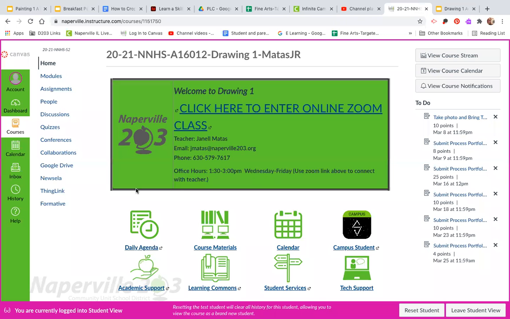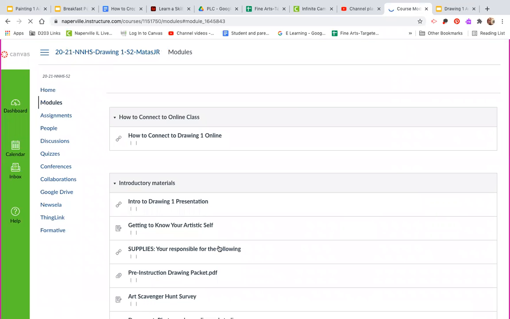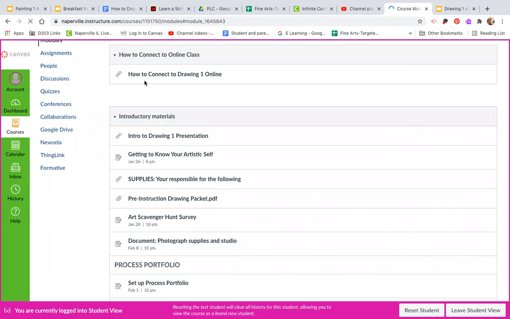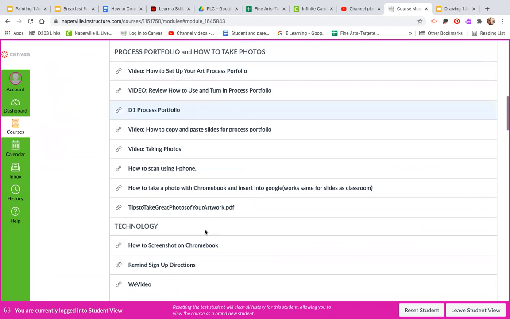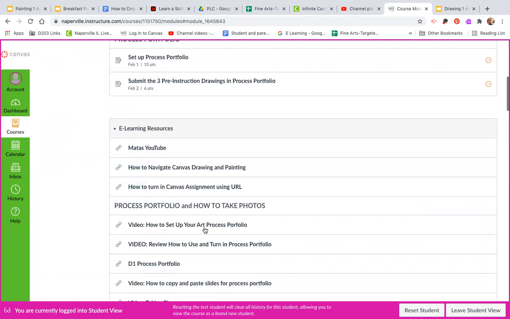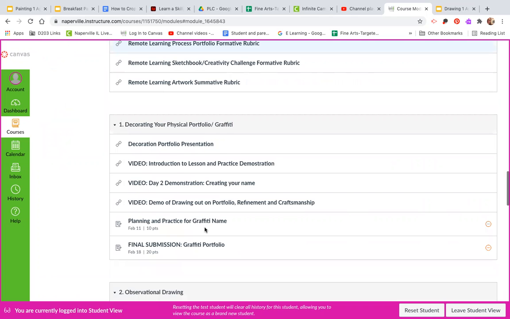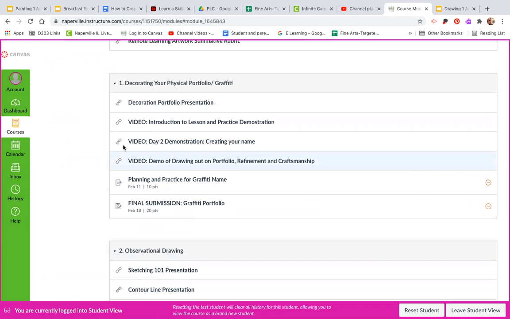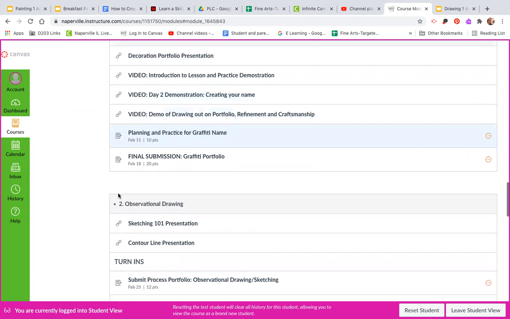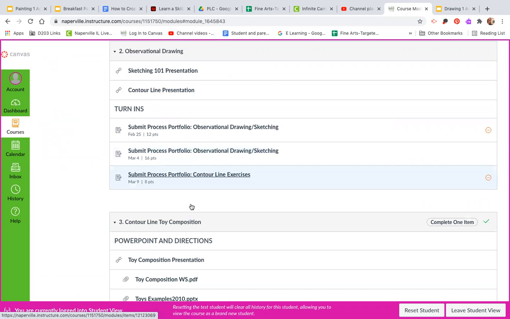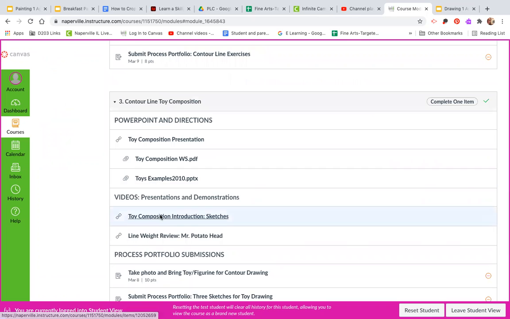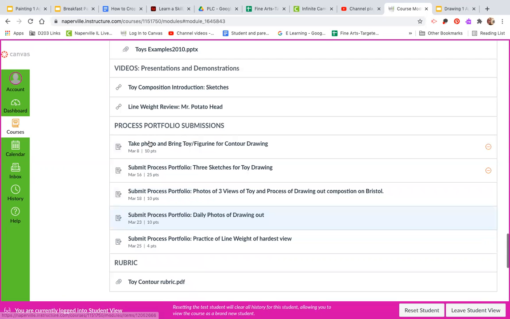So let's go back to Canvas. Also course materials. This is going to be our module section. And so this basically spells out the curriculum step by step. So you see this, and then as we scroll down, I have some e-learning resources for them. And then the ones that are numbered. So this is our first summative assignment, our second summative assignment, our third summative assignment,